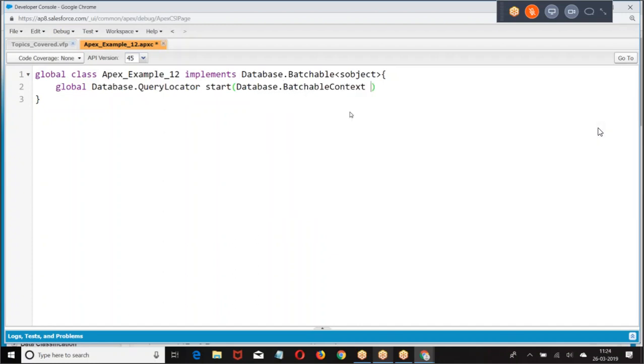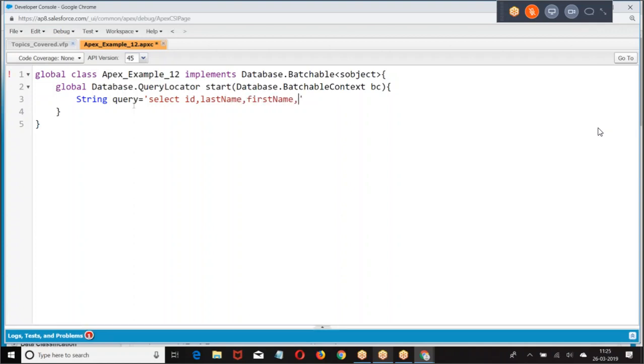batchable context. Database.query locator start, batchable context. So I'm going to take last name. And how do you write it? Written.